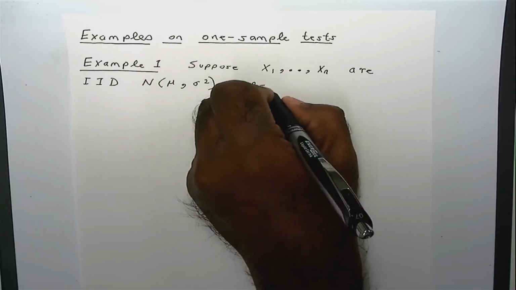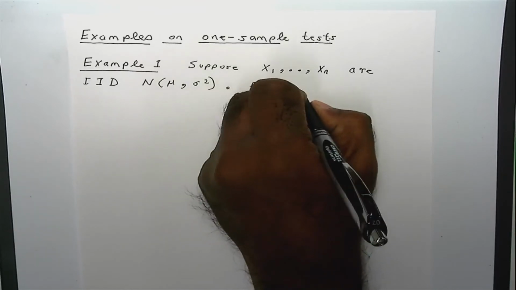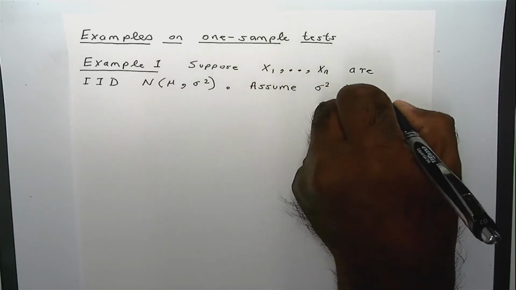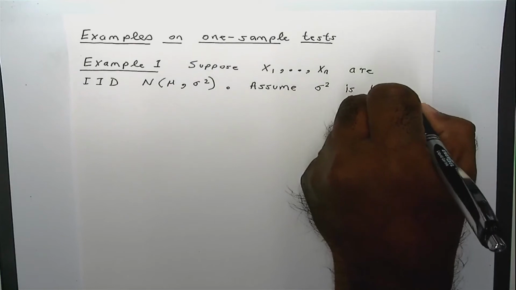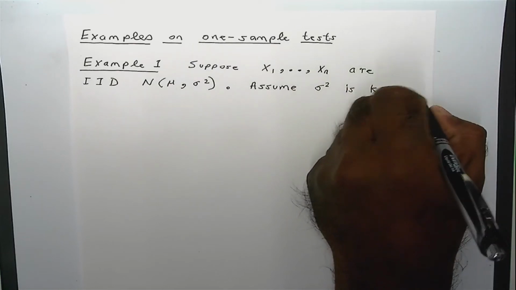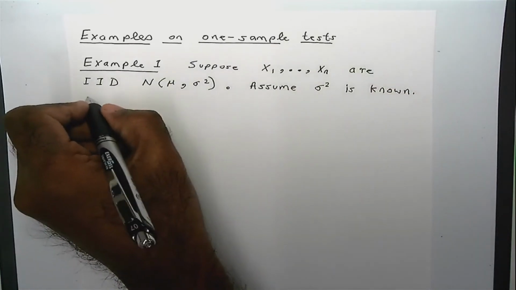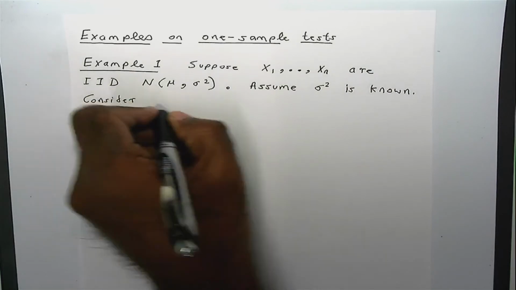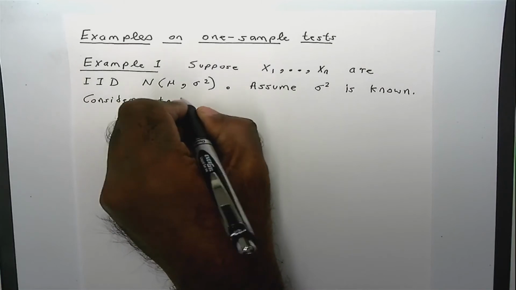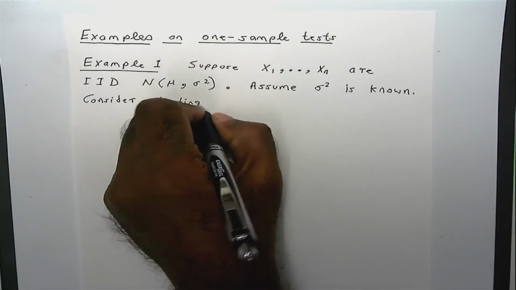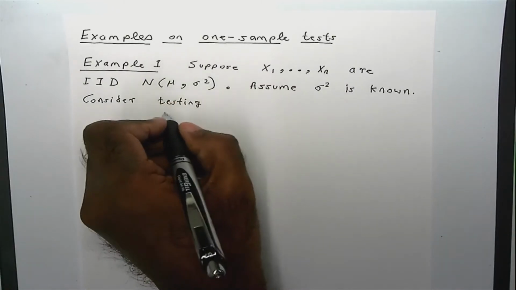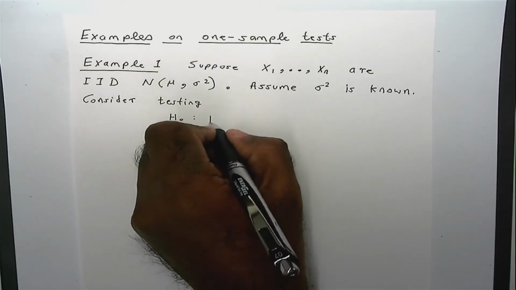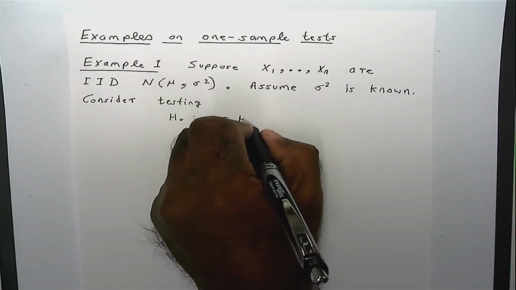Assume sigma square is known, right? And consider testing the hypothesis that mu equal to mu 0